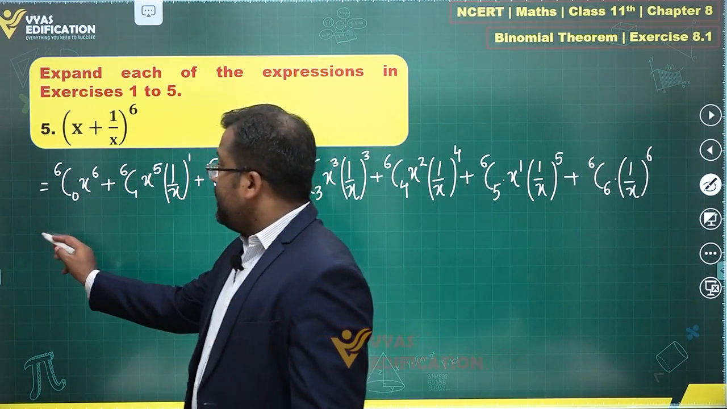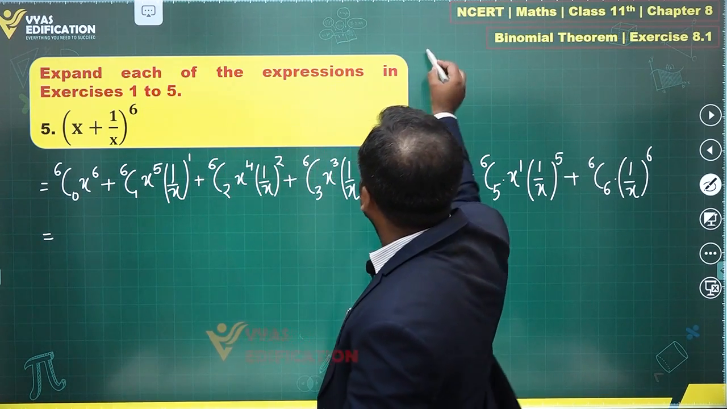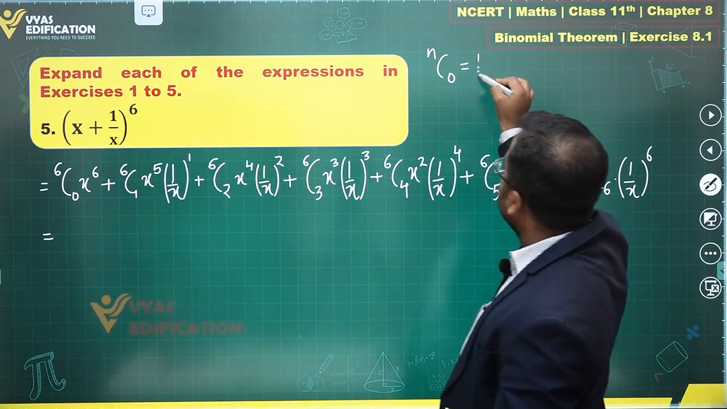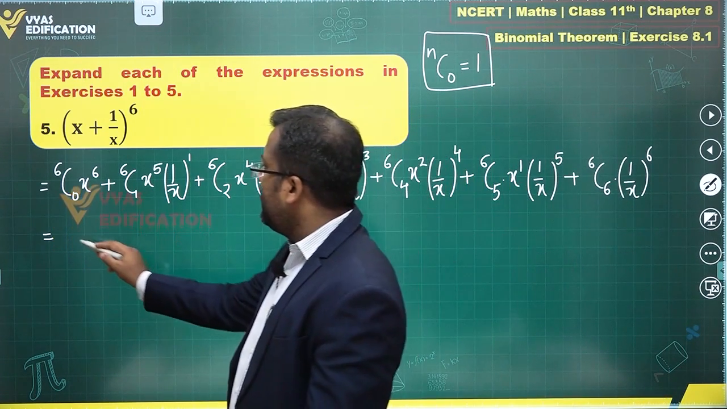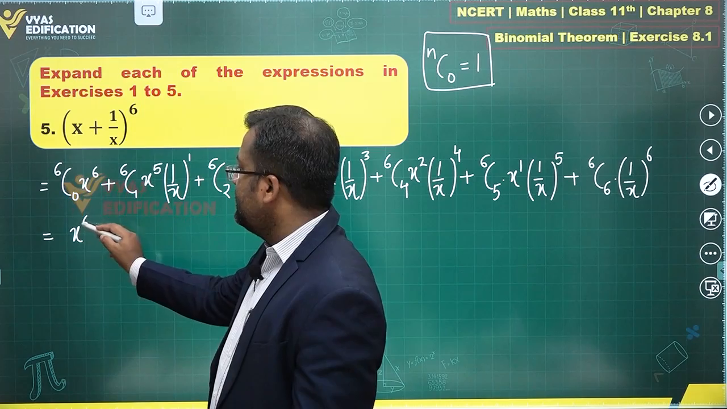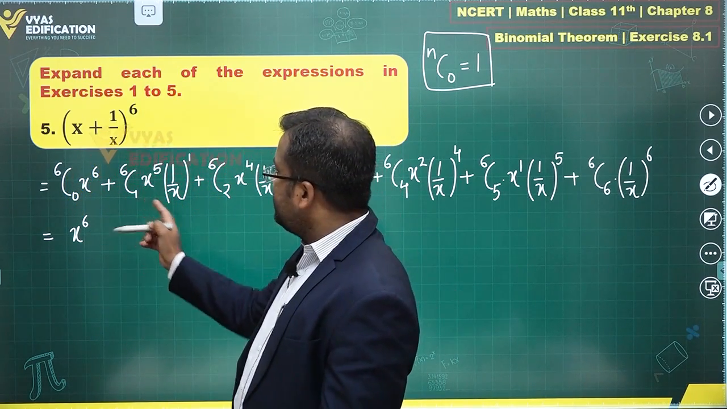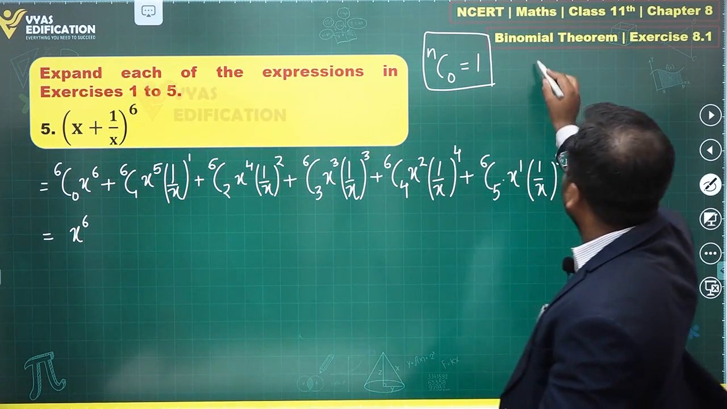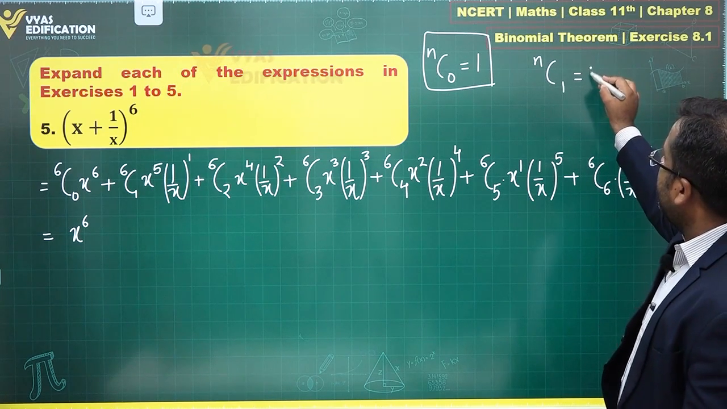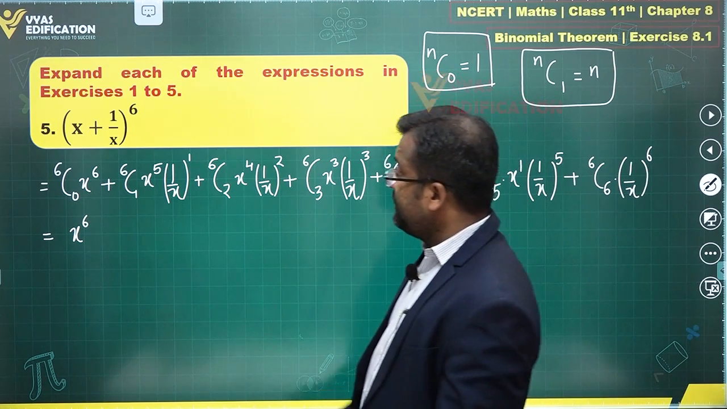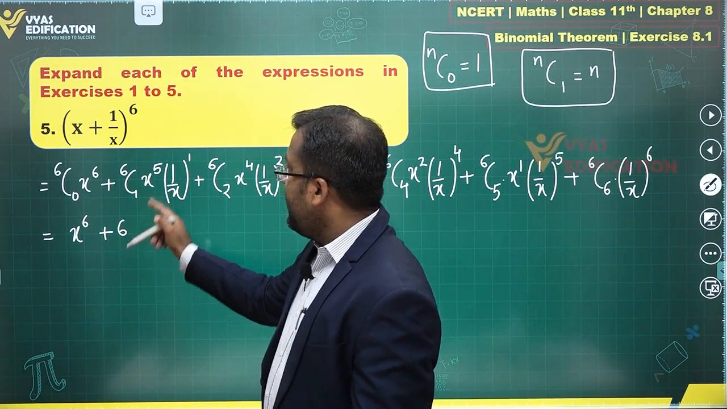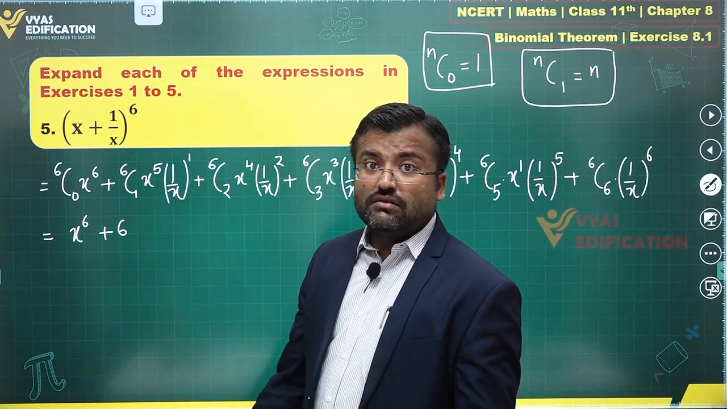What is the value of 6C0? NC0, as you may recall, is always 1. So 6C0 is simply 1 times x power 6. Okay. What is 6C1? 6C1, you may recall, NC1 is simply n. So 6C1 is simply 6. So you have 6 x power 5 upon x, which is x power 4,